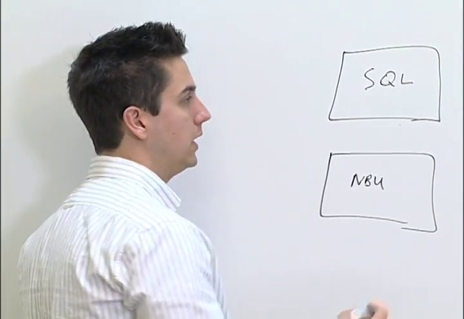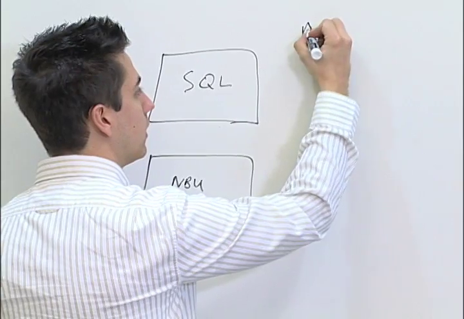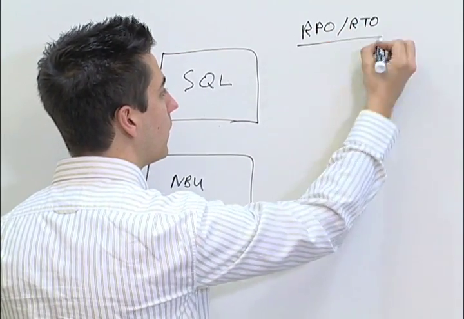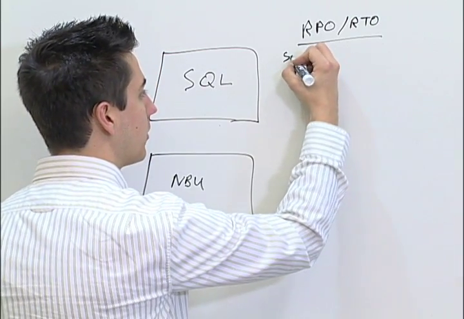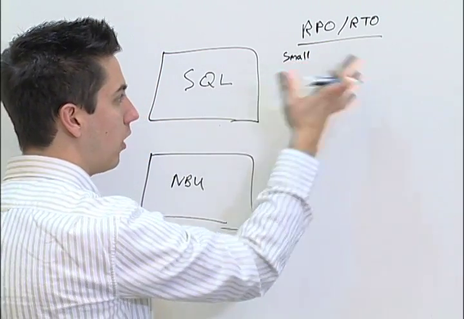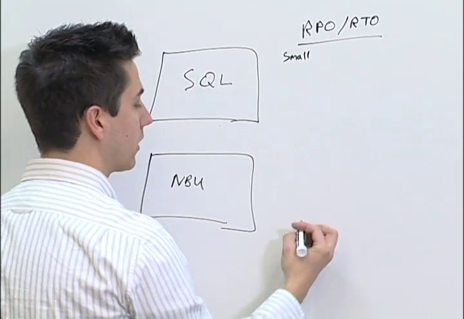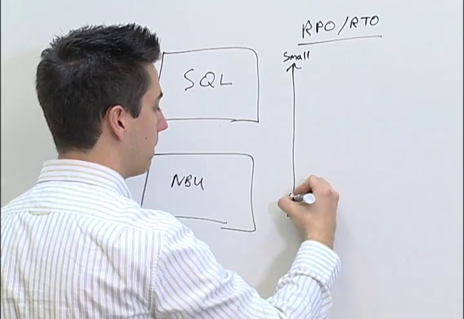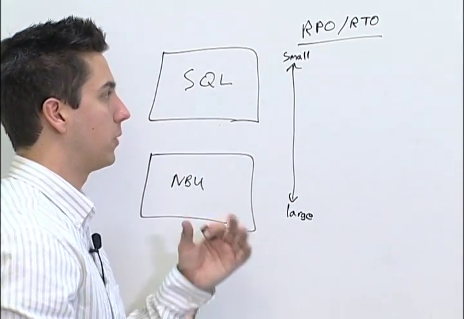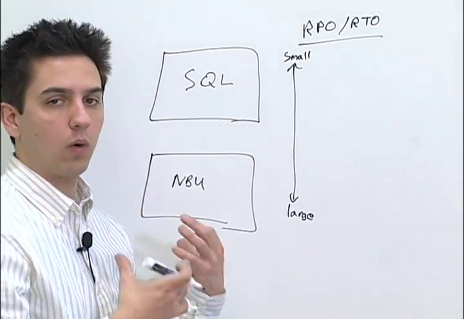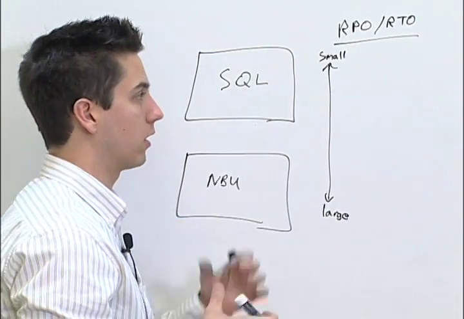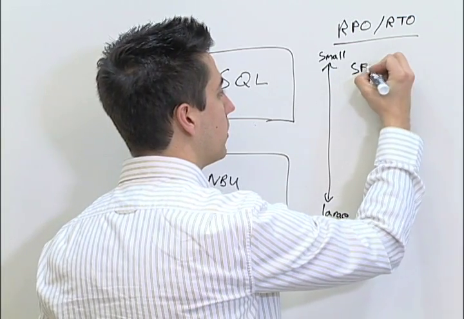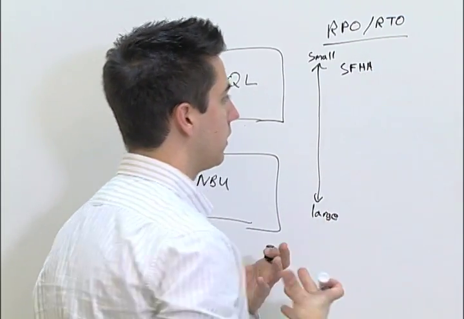So for this scenario, let's just rank these things on a basis of shorter RPO and RTO to larger. So at the top of the scale here, we'll have a small recovery point or recovery time objective, and at the bottom we'll have a large scale. So the best option that we can give people is, if you want a really, really short RPO or RTO, you can use clustering. So you can use storage foundation high availability,